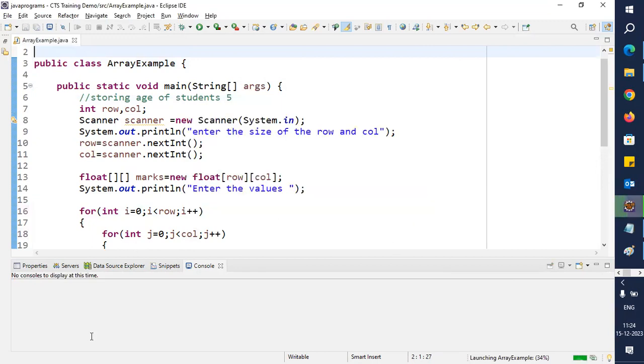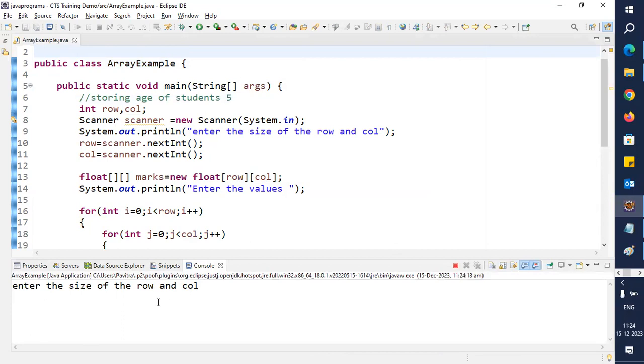Select and proceed. Okay, so enter the size of the row and column. So again I will say row is 3 and column is 2, and enter the values. Okay, 12.23 and 14.24. This is one row done. Now the second row I'm giving is this. Okay, now the second row is done. This is second row, 0th position, and this is second row, first position. And now we are giving the third row values, 45.57 and